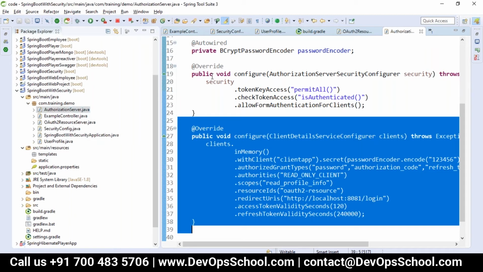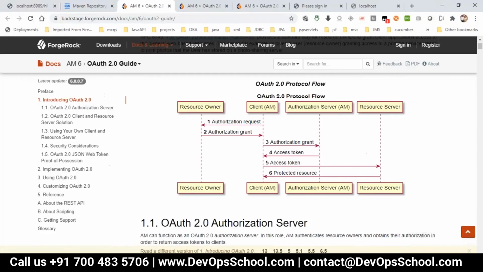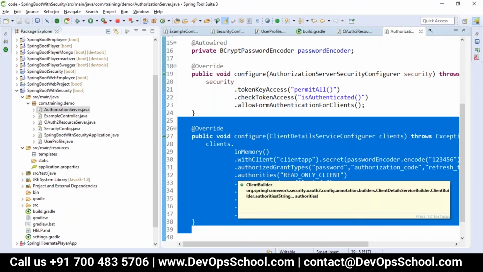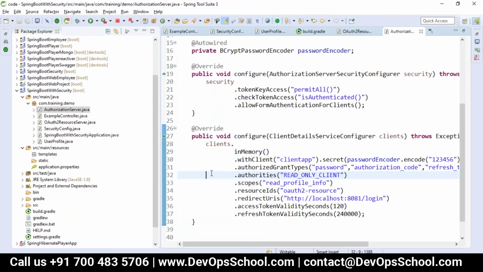Now, this authorization server is granting and giving the access token. Then, by using that access token, we are getting the protected resource, and you are able to access your application with all this security. But why so many levels of security? Because our REST API is exposed to some other client, so we are taking care of different levels of security with OAuth 2.